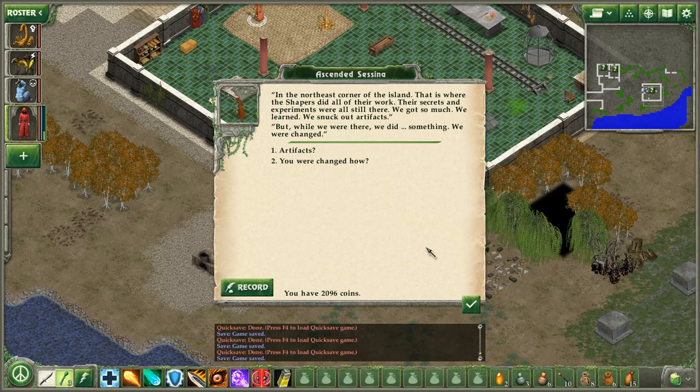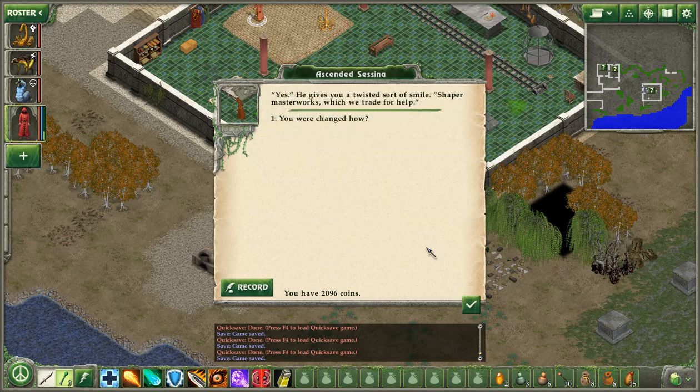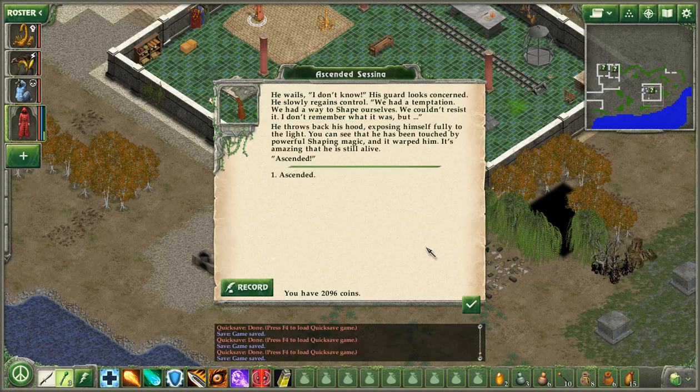We were changed. Artifacts, you say? Yes, he gives you a twisted sort of smile. Shaper masterworks, which we trade for help. Hint, hint. You were changed how? I mean, I can kind of see how, I think. He wails. I don't know. His guard looks concerned. He slowly regains control. We had a temptation. We had a way to shape ourselves. We couldn't resist it. I don't remember what it was, but...